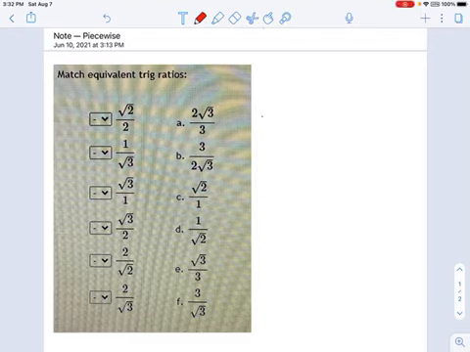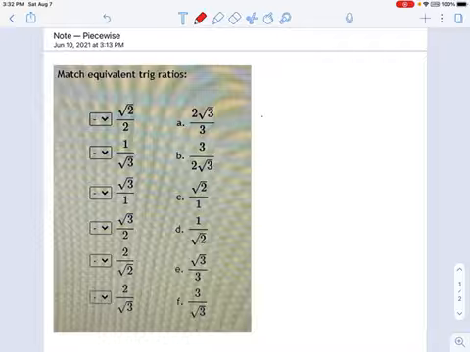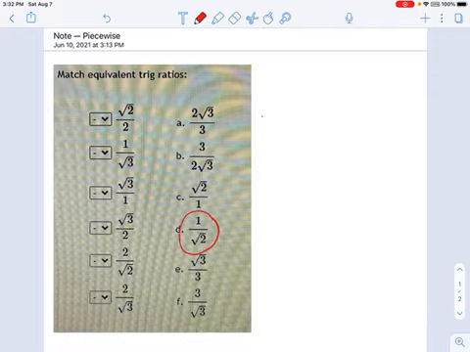One thing you'll notice in trigonometry is these square roots keep coming up again and again and again. Square root of 2 and square root of 3 are very, very common when you're dealing with special angles, 30, 45, 60 degree angles. So what I want to make sure everyone's comfortable with is switching back and forth between the different forms of these common trig ratios, because sometimes you will see something like this.